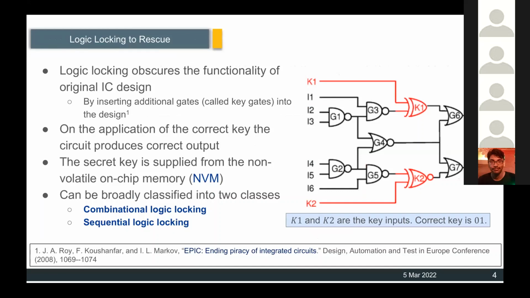Okay, so that means the objective of logic locking is to obscure the functionality of the original IC design, and you do that by inserting some additional gates into your design. As you can see in this illustration, this shows a circuit diagram that has been taken from a very standard benchmark. And while this circuit has certain primary inputs and also certain